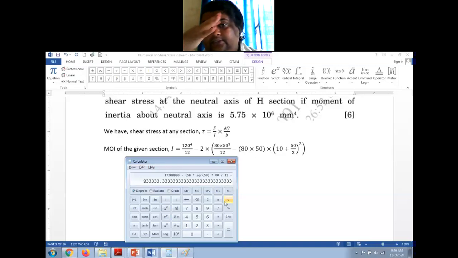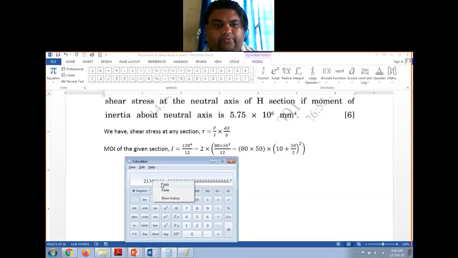Minus 50 into 80, into now this is 50 by 2 is 25, 25 plus 10 is 35, 35 square I have to do. So 35 square, close the bracket. So it is this value,